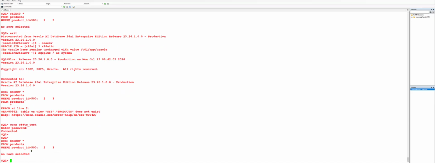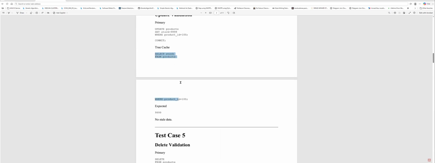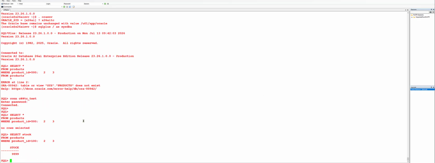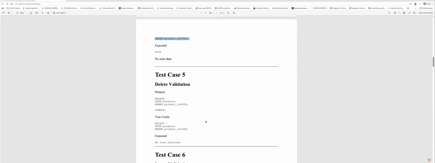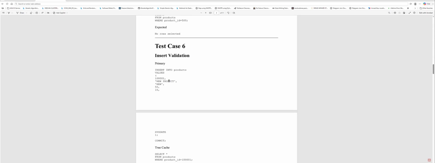Now if you see, we don't have this data on the TrueCache side as well, right? So currently I am in the TrueCache layer, right? So even the update should reflect, but I just deleted the data. So yeah, even if you see, the update is reflecting on the TrueCache side. Yeah, delete is also validated. So now if I insert something,